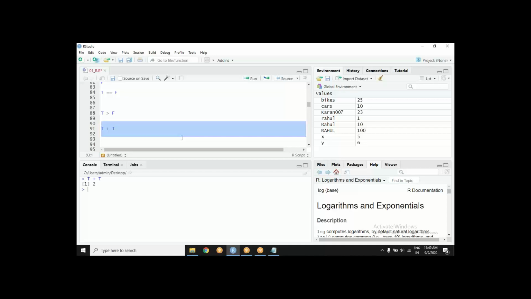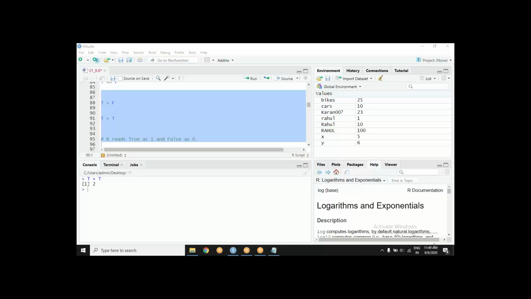When it comes to mathematical operations, it will take the mathematical value of true, and that is 1 plus 1, so it is showing me 2. So these are Boolean values, special values in every language. These two words, just true and false, bring all the logic to any language.